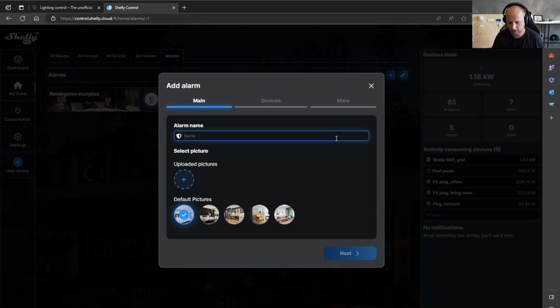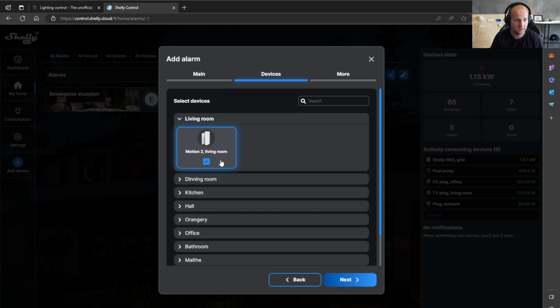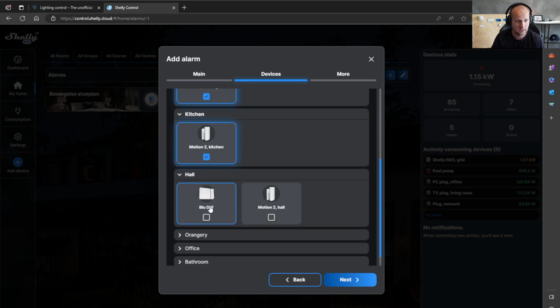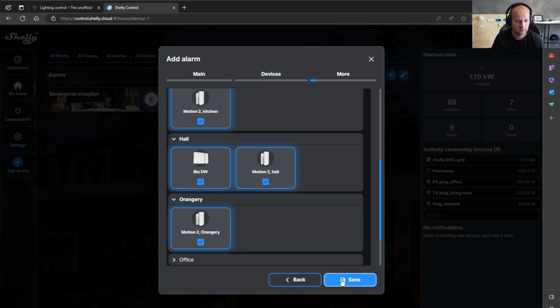So you can kind of split up your areas where you want to have alarm zones. So this could be alarm zone, ground, floor, something like that. Press next, and then I just need to select which devices I want to include in my alarm zone downstairs. Yes, like that.